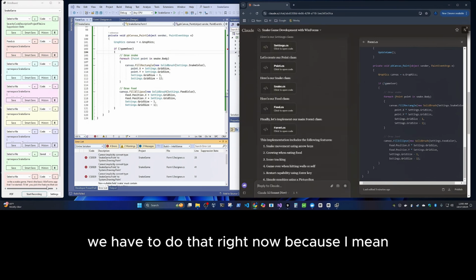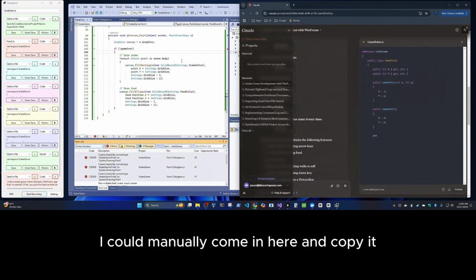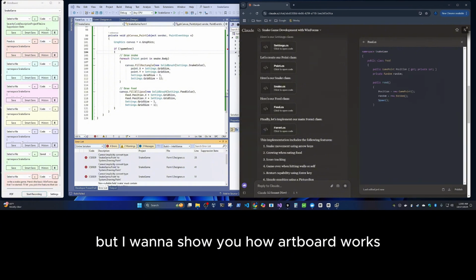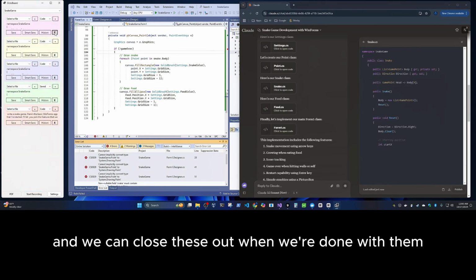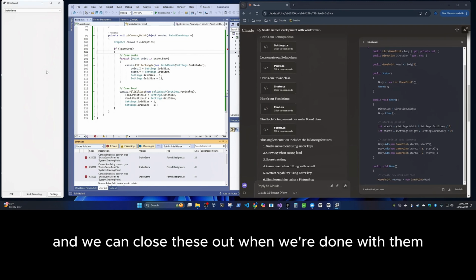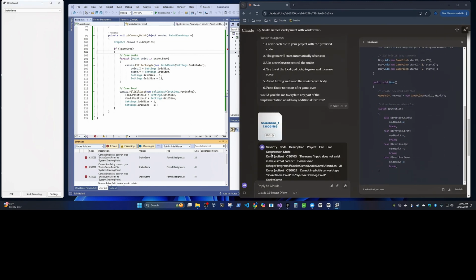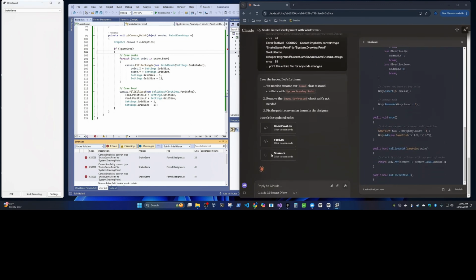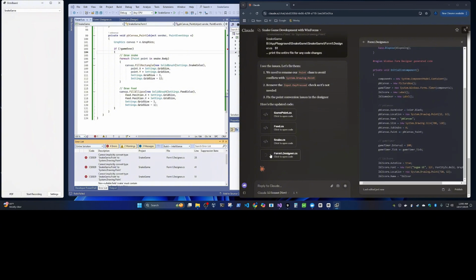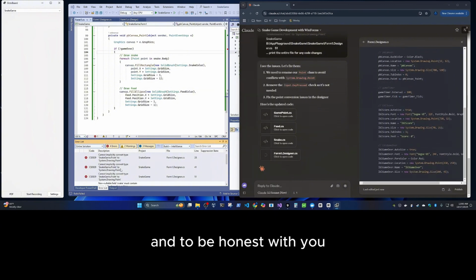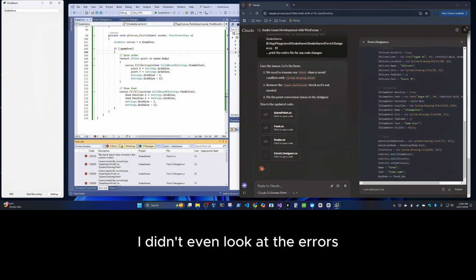We have to do that right now because, I mean, I could manually come in here and copy it, but I want to show you how Octoboard works. And we can close these out when we're done with them. And to be honest with you, I didn't even look at the errors.